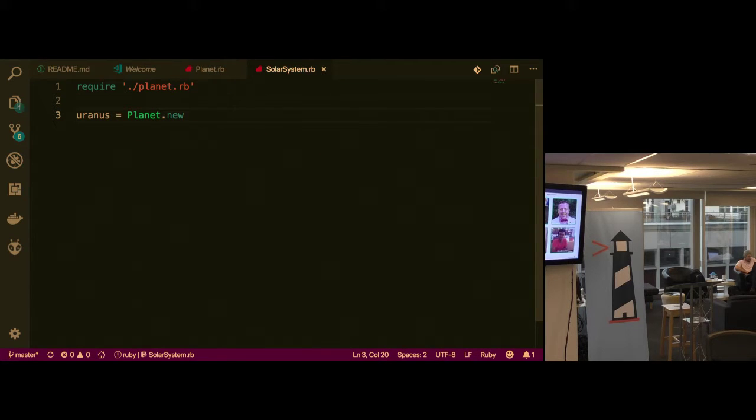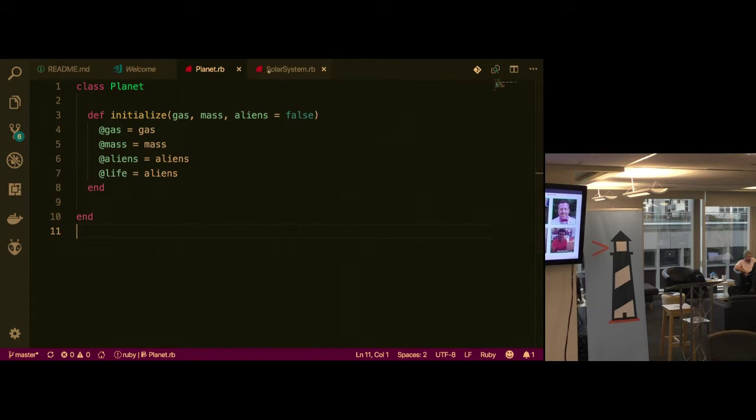Yeah, are we making a solar system? Yeah, let's make planet Ruby. Let's call it a gem. Gem planet. Planet new. What does planet need?